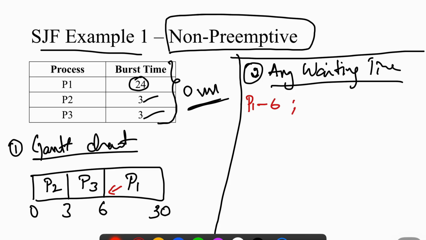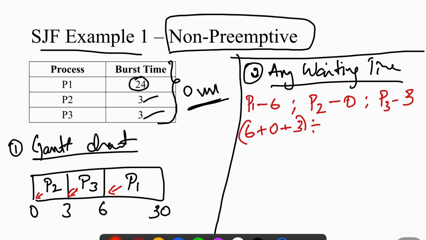Then I have P2. P2 waited for 0 milliseconds, as in when it came, it started executing because it was the shortest one. Then I have P3. P3, it waited for 3 milliseconds. So what I can tell is it is 6 plus 0 plus 3